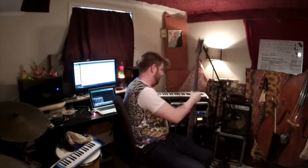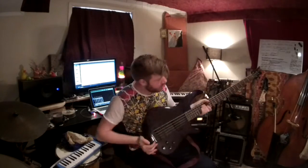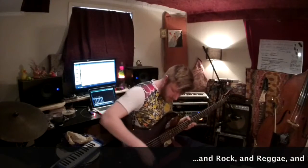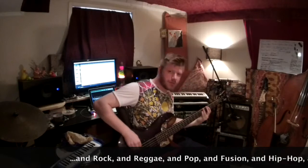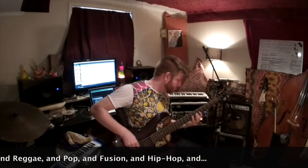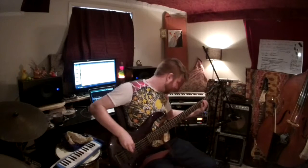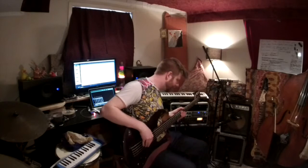I got this active 5-string Dean, kind of a metal bass, but I've used it for a lot of jazz stuff and funk stuff, honestly. Sounds pretty good, actually. Again, because it's a hotter pickup, because it's active, you hear that drive a little bit more. This one's really nice for...